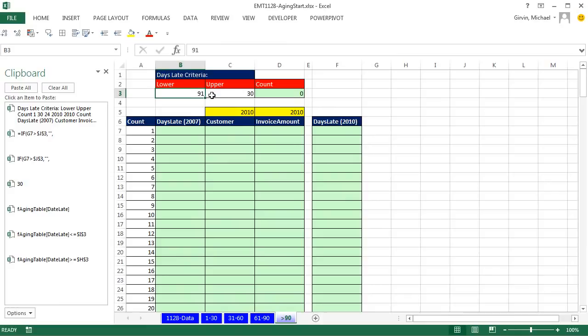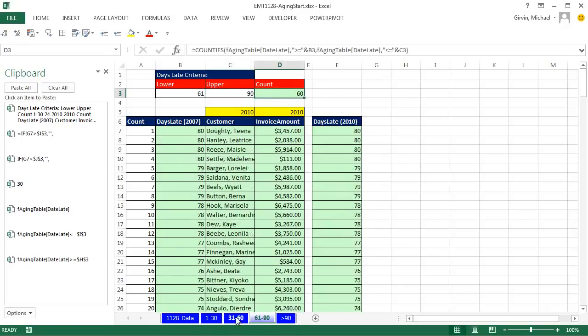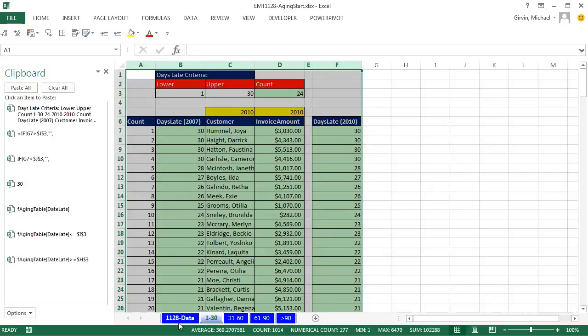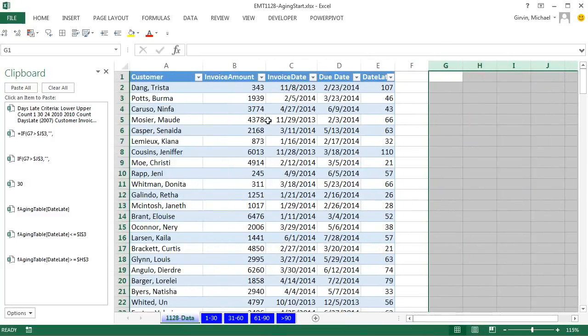This one's simply going to be 91, and then I'm going to put some ridiculously big number. For our company, we never let anything go further than 365 days. Then we put it to bad debt, so we'll just put some big number there. And instantly I have 1, 2, 3, 4 reports extracting from this sheet right here. If we were to change something here, this 107,